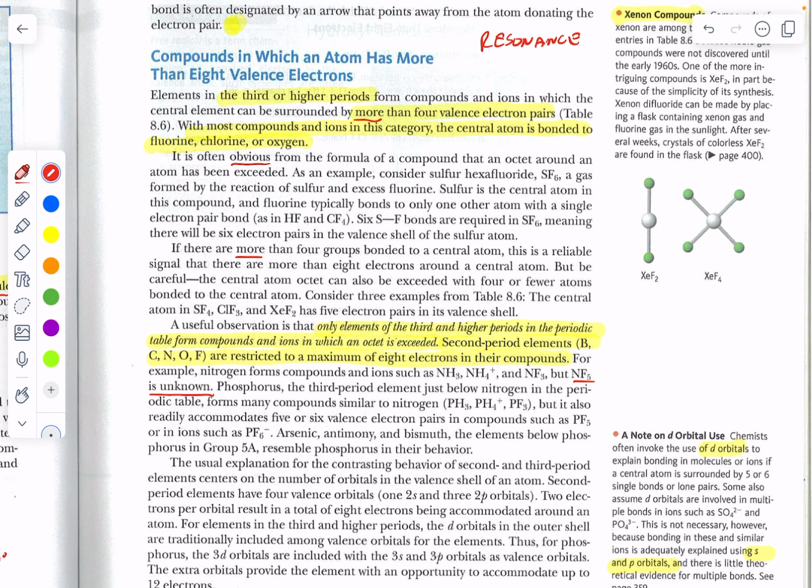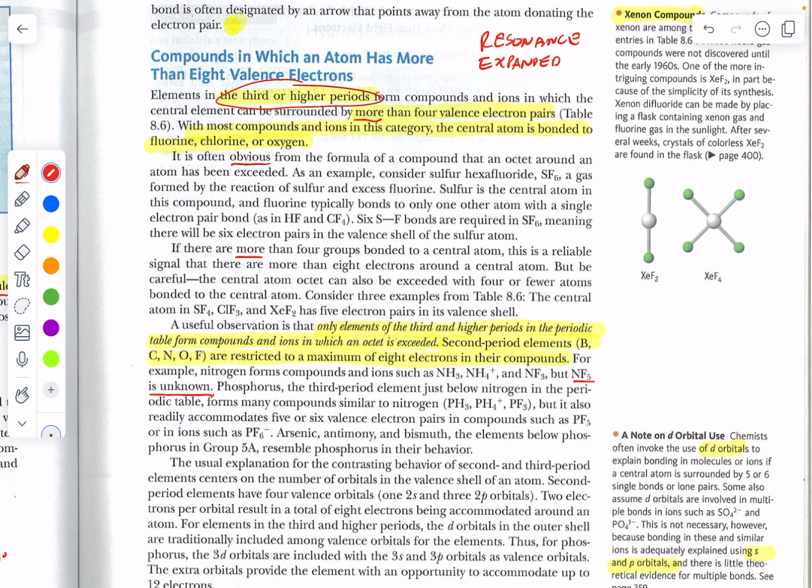Well, the vocabulary word we use for too many electrons, more than 8 around a central atom, is we say it's showing expanded valence, like there's something special going on here. Expanded valence and resonance. And later on, we'll talk about free radicals. So we got vocabulary words for everything. In any case, the only times you're going to encounter expanded valence is in the third or fourth or fifth rows going left to right across the periodic table.